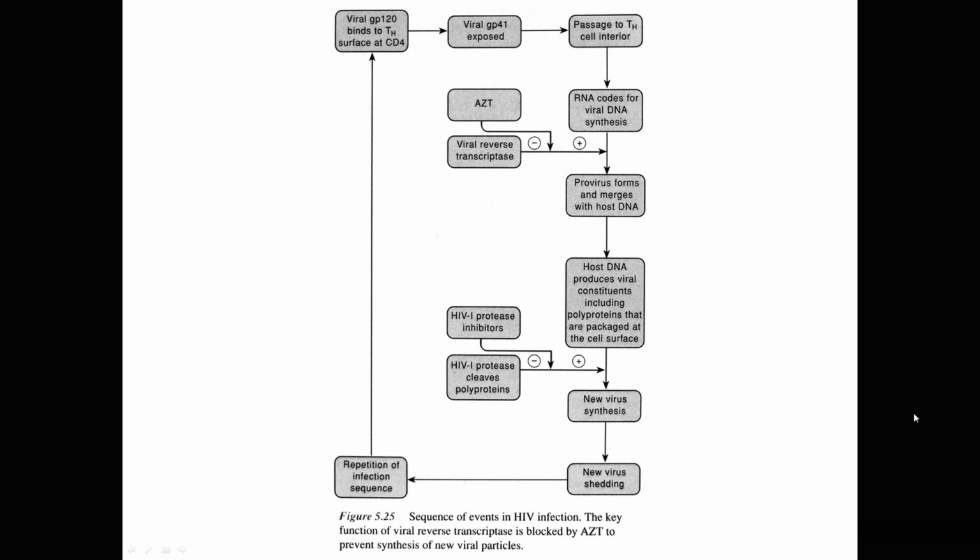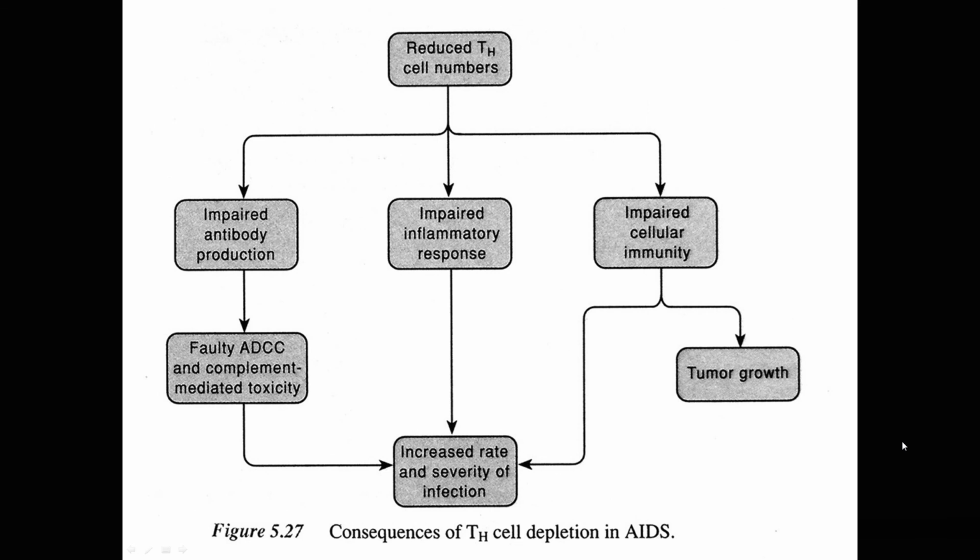The process described is not so rapid. Usually, the virus, after penetrating the human organism, remains dormant, latent, for years, 5 to 10 years. Now, the pathogenesis of changes induced by the viral growth in the organism. The main consequence is the reduced T helper cell numbers because they are destroyed to release the virions.